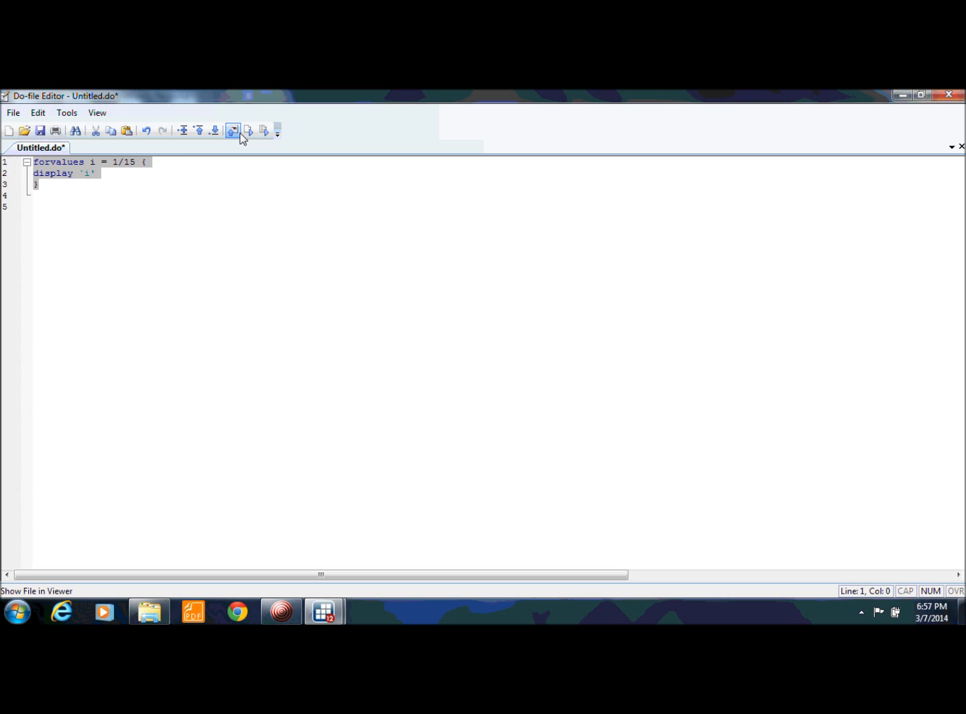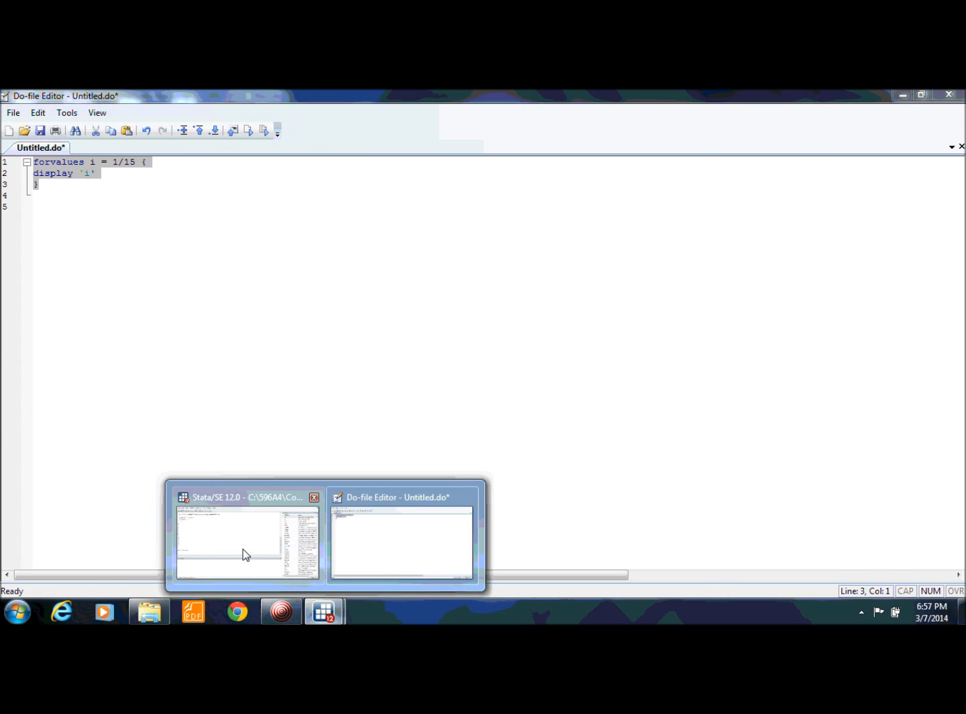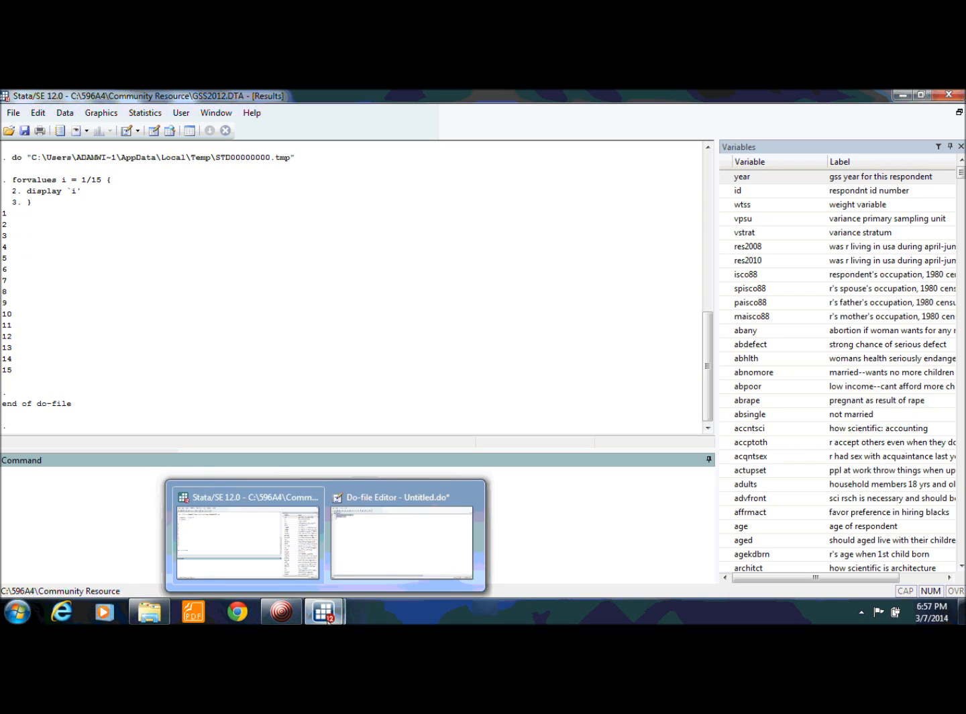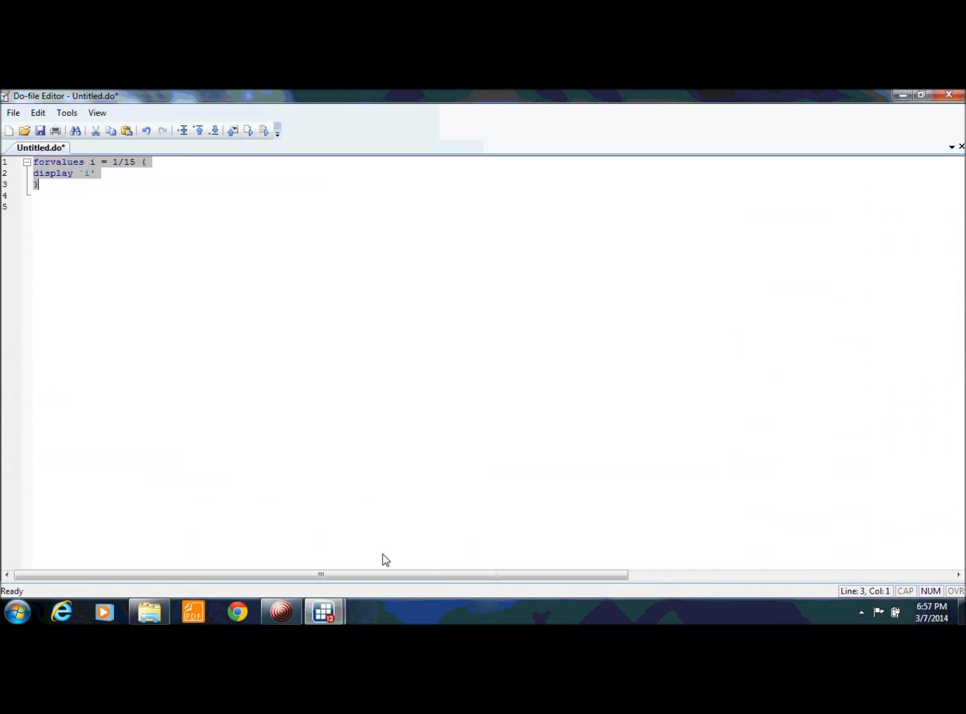So we can go ahead and just run that. And as we can see, Stata has looped through our whole list the first time through, displaying 1, and 2, and 3, and 4, and so on and so on. Once again, since we're not just using Stata for counting,